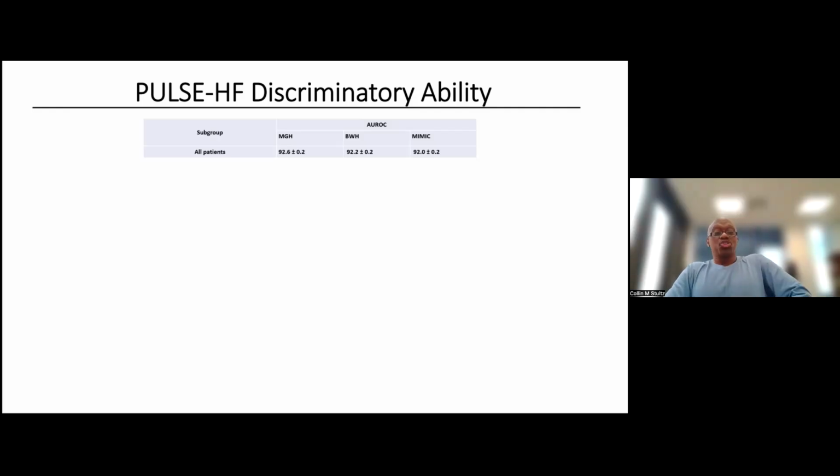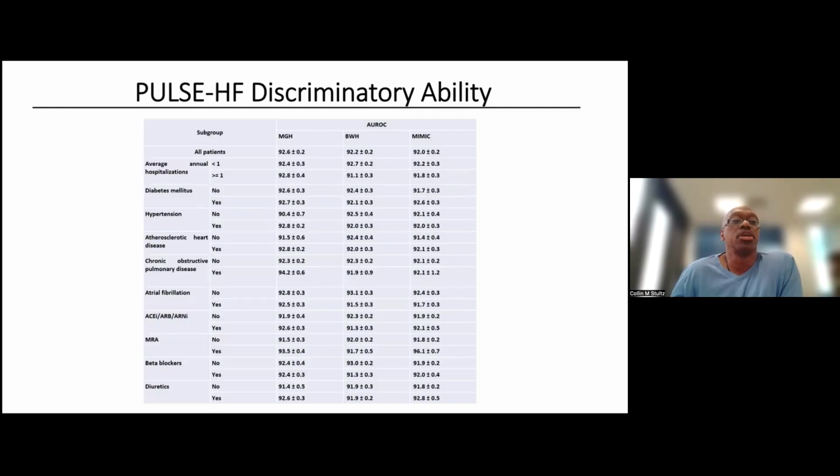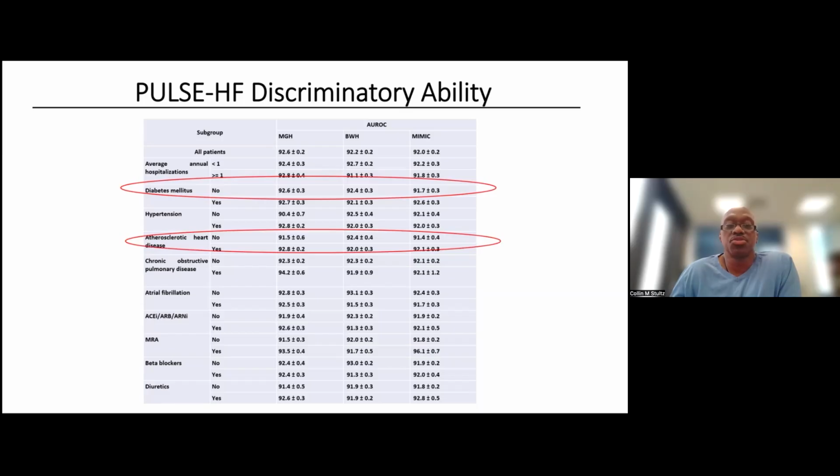Right. So what I think other important questions are the subgroups of interest that one typically sees. What is the performance like? And one of the good things I think the pile did here is looking at this in different subgroups. So across various cohorts that typify the type of patients that we see in clinic, the performance, at least the discriminatory ability, is relatively preserved. So case in point, you look at those with diabetes, the AUC is still quite high. Those with atherosclerotic heart disease, the AUC is maintained in these subgroups, and even those who are on medications.